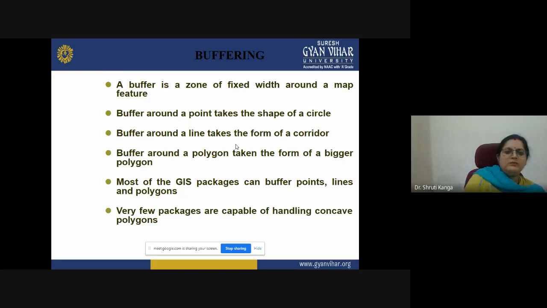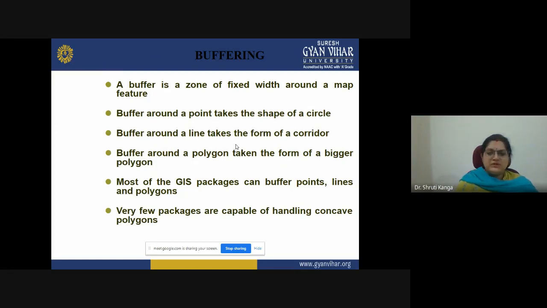So while buffering a point, it will be a circle around the point. If it is a line feature, the buffer can be called a corridor. And if we take a buffer around a polygon, it is a bigger polygon compared to the original polygon.